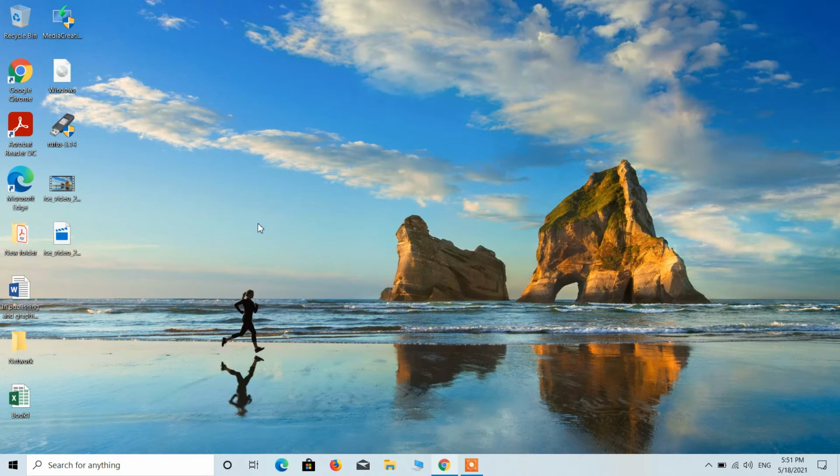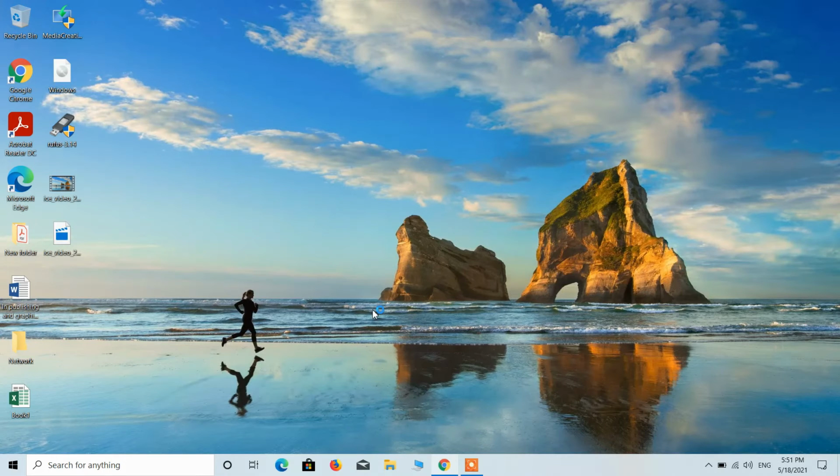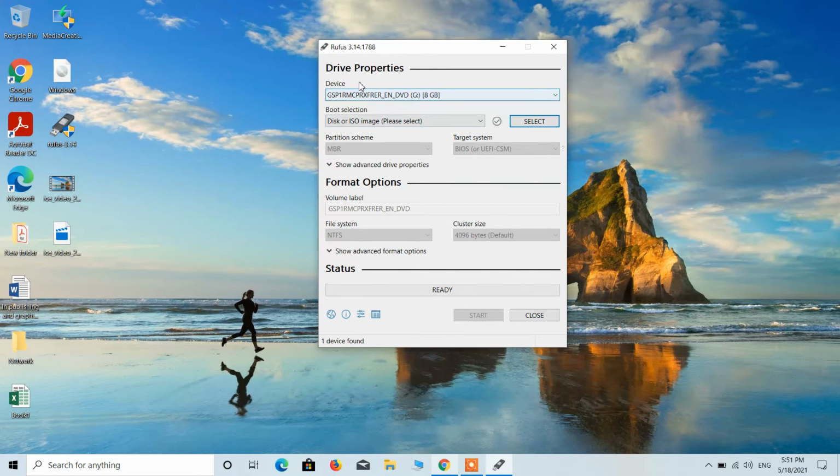Now you have to insert an empty pen drive in your system, and the pen drive should be at least 8 GB in size. So just insert the empty pen drive. After that, just double click on this Rufus application, click on yes, and you can see my pen drive is already showing here and it is of 8 GB size. So just select your pen drive